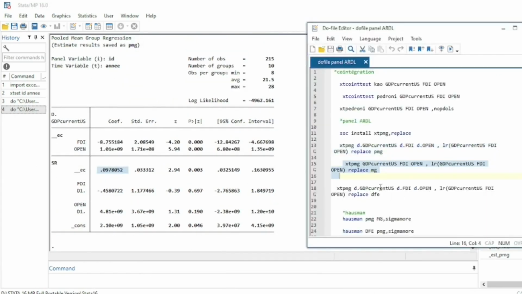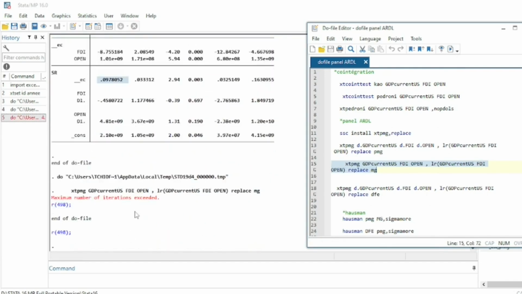The only difference in the mean group is the reserved word MG instead of PMG. So we select our command for MG, and we can see that there is an error message saying that the maximum number of iterations is exceeded, meaning that our mean group estimator cannot converge. So we'll try the dynamic fixed effects estimator. We just replace the name of the estimator by DFE for dynamic fixed effects,